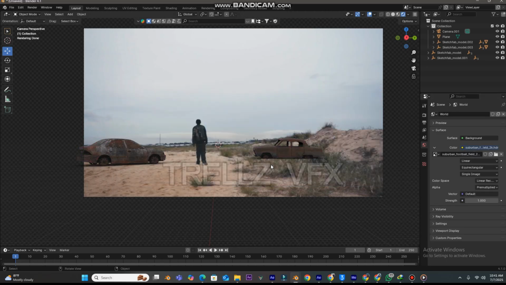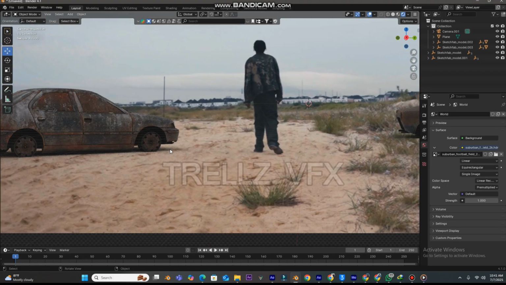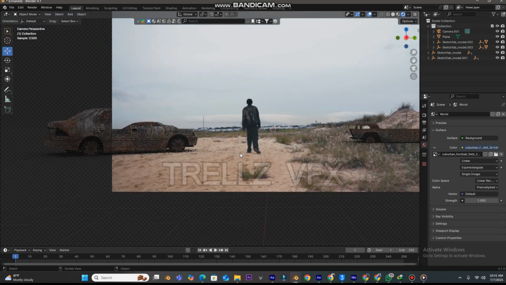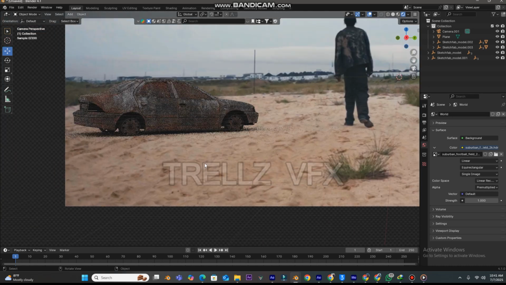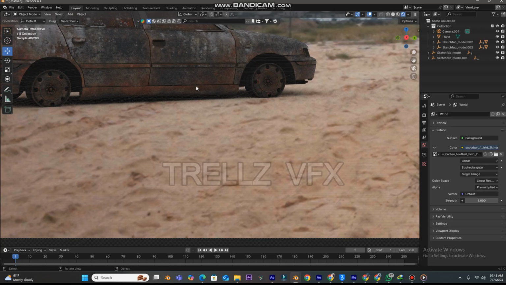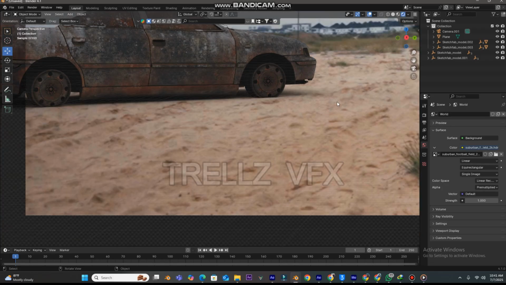So as you can see, it has been added. You can see how it's looking now. Everything looks so subtle. The lights are not actually harsh. Even the shadows actually match a bit to the whole thing. Everything's actually looking good, you know. So yeah, for one more thing to make the car actually match the whole thing, one thing is